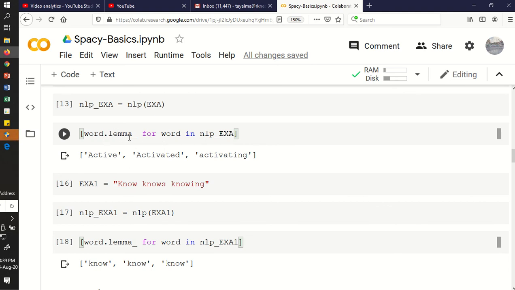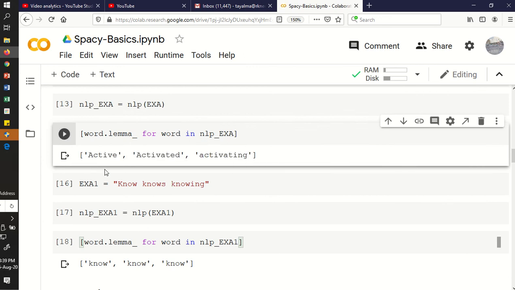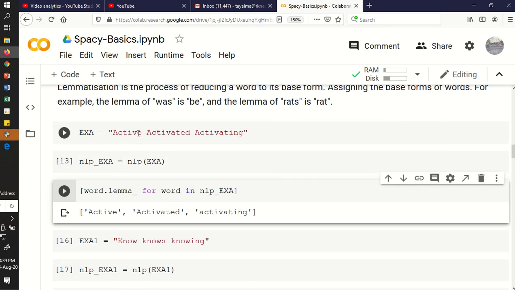So word.lemma_ is responsible for doing the lemmatization. You can verify it; you can run this code. So you will be getting the output here: for active, active; for activated only activated; and for activating, activating. You can verify this output.